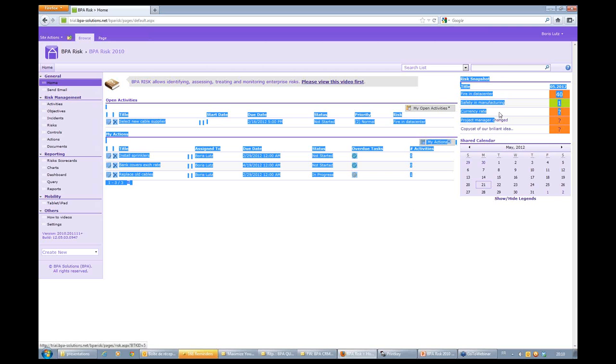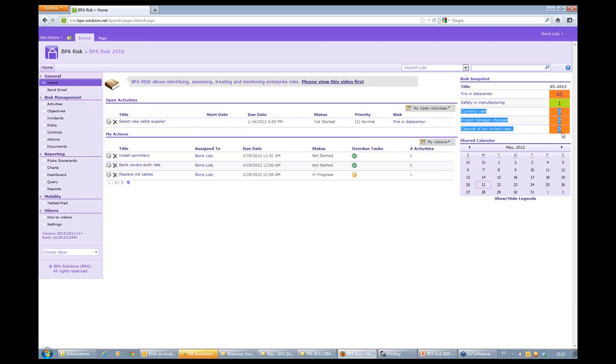Taking a look at this risk snapshot here, I can see that I have several risk values that haven't been entered in the system so far. I have these question marks. On the top, I have the safety in manufacturing, which is pretty good. I have a low risk value, a green flag over here. But I'm not so good with fire in data center risk because I have this red value with a 40 here. So the first thing I can do is just drill down to see what happened with this fire in